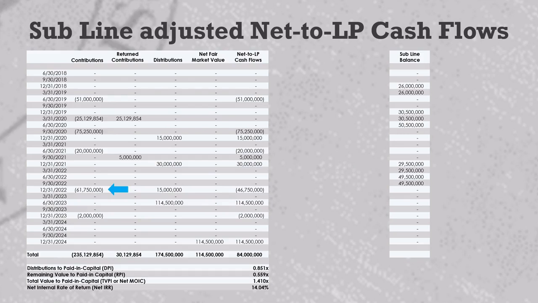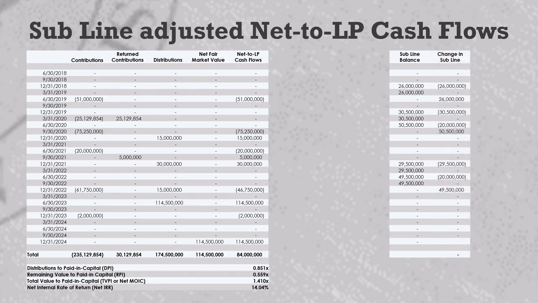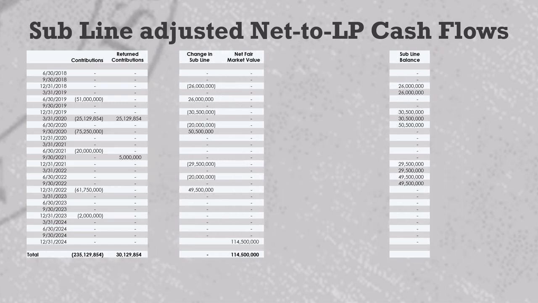So there's a lot going on here, but guess what? You do not need to know any of these details to calculate a subline adjusted net IRR. All you need to do is look at that subline balance and measure the change. If it goes up, that's a negative number, and if it goes down, that's a positive number. We can treat these changes just like contributions, and when we move this column over to the left, we get